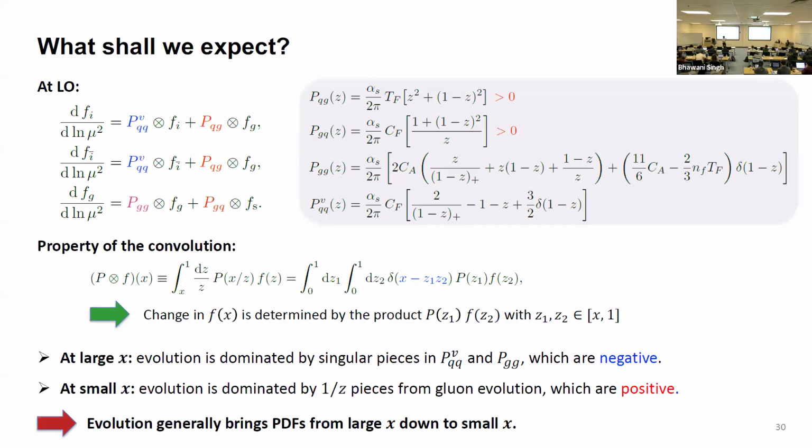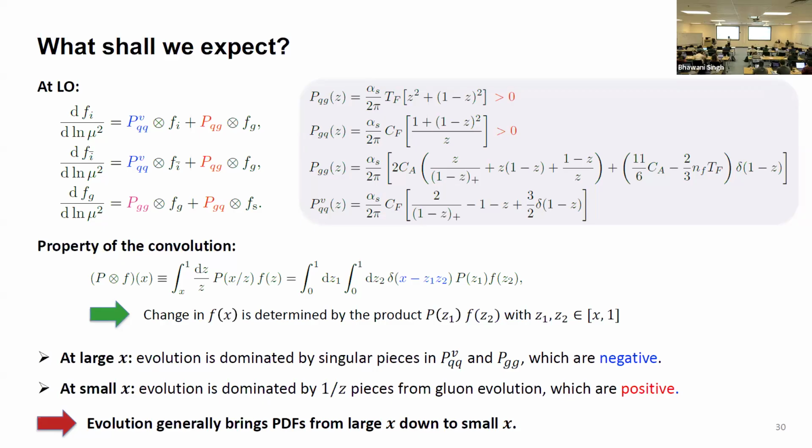And therefore, the left-hand side of the evolution is related to the kernel and the PDF on the right-hand side at z1 and z2, and both z1 and z2 are in the range from x to 1. So the change of PDF at the point x is related to the kernel and PDF in the range to its right. And now let's see, if we imagine x is very large, then,